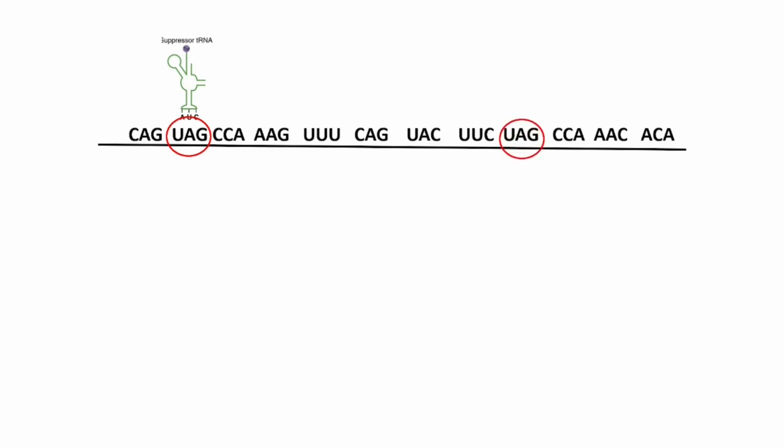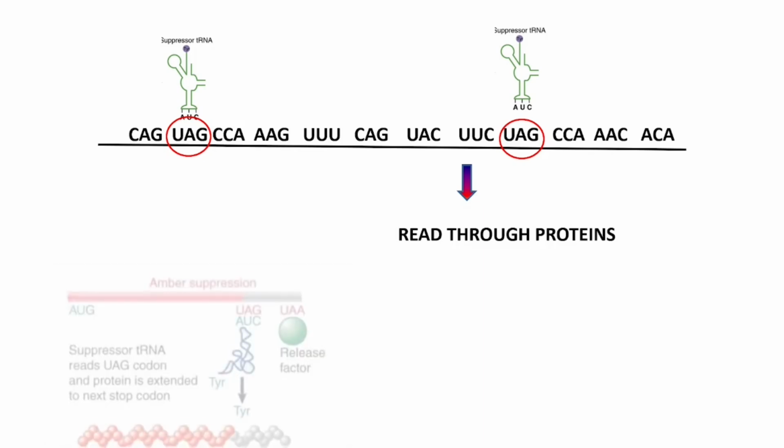is present at the end of the mRNA, which is the genuine stop codon of that mRNA. Is it possible that the suppressor tRNA will also bind to this then? And if this happens, then translation will continue and read-through proteins will be synthesized. Indeed, such read-through proteins are found in nonsense suppressor cells, but the cell has a way of protecting this from